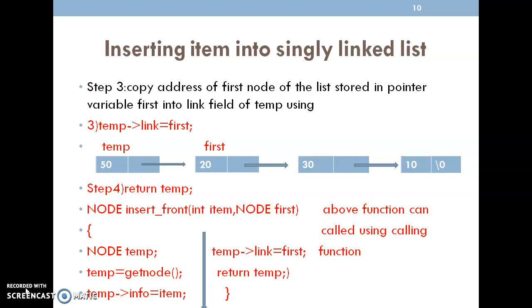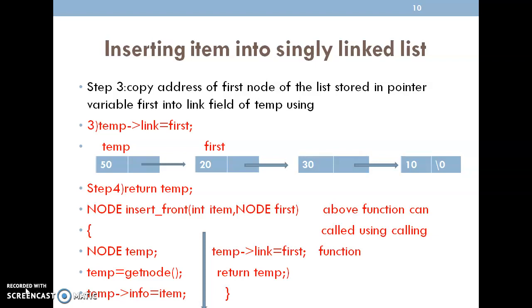In the first video, I explained what a linked list is and why we go for the linked list. Then two types of linked list, like singly linked list and doubly linked list. In singly linked list, we contain only one link that contains the address of the next node, whereas in doubly linked list, it contains two links. One link contains the address of the next node and another link contains the address of the previous node.